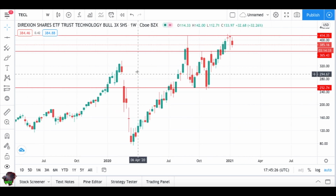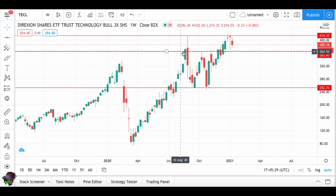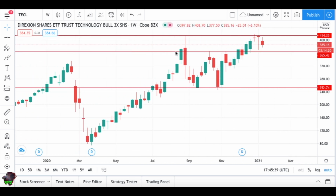Okay, and we had this area here that was proving itself a couple of times in a row. We had this area that we came to. We kind of closed the price above, and then the market just pushed down right away from there. Then we created this resistance, and then finally we broke out of this resistance, and we went back almost exactly to the $414, $415 area. So this area here, okay, the market is again at that area right now. Like the previous chart I showed you,